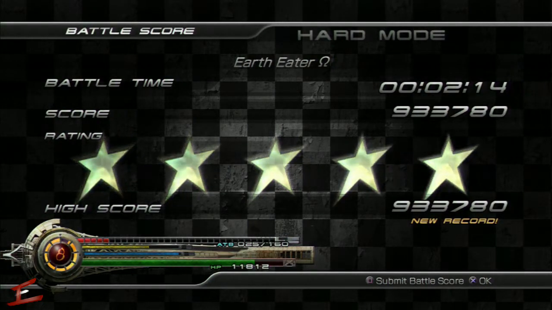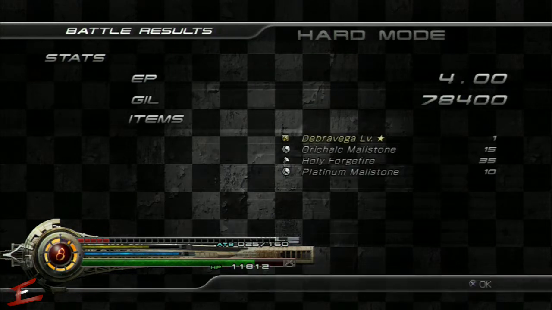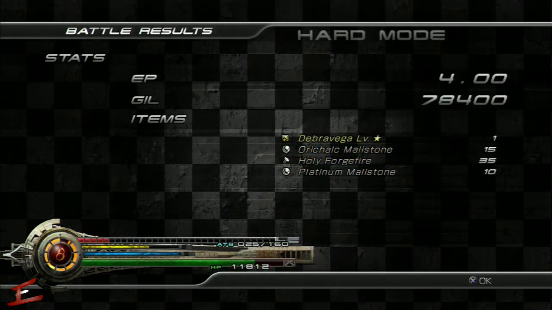Anyway, that was a 5-star completion with a score of 933,780, and it took me a total of 2 minutes and 14 seconds. You get 78,400 gil for taking him out. You get Deprotect Starred, a bunch of Molly Stones and Holy Forge Fire for taking him out, which aren't too bad at all. And in terms of what this guy drops,